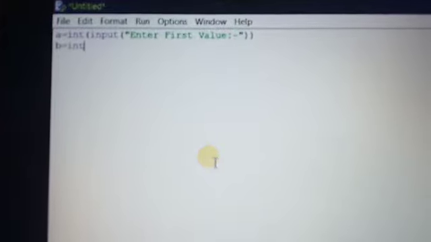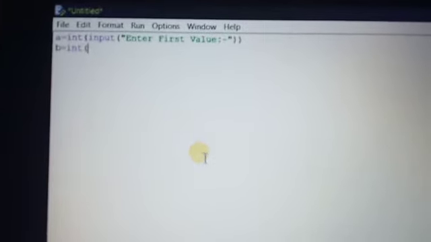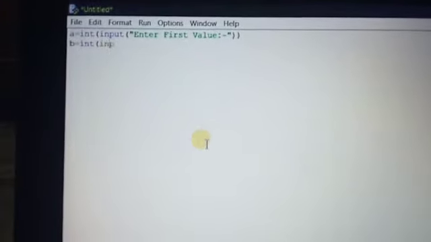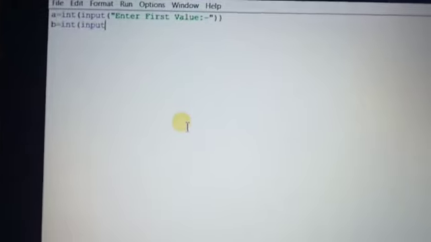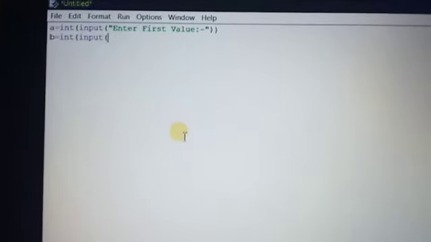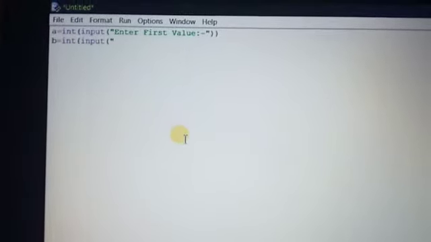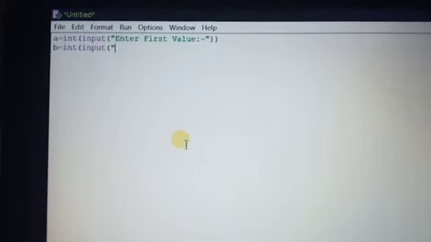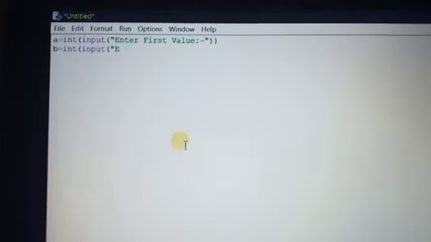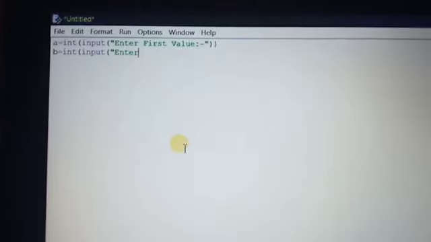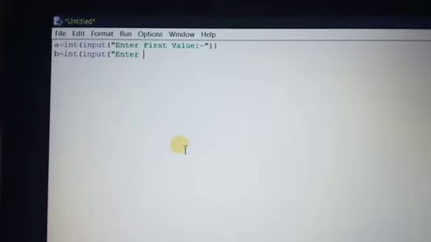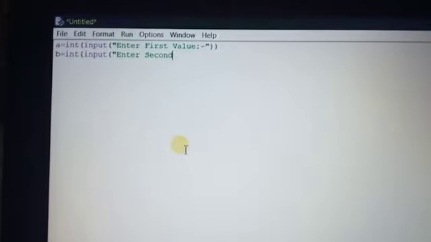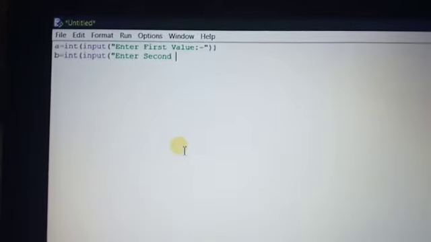Why do we use int? Because whatever we input during runtime, the Python shell treats as text. If you give a numeric value like 10, it is not a pure numeric value; it is treated as a string value. So the int function converts it into a pure numeric value. That's why we use the int function during the input process.